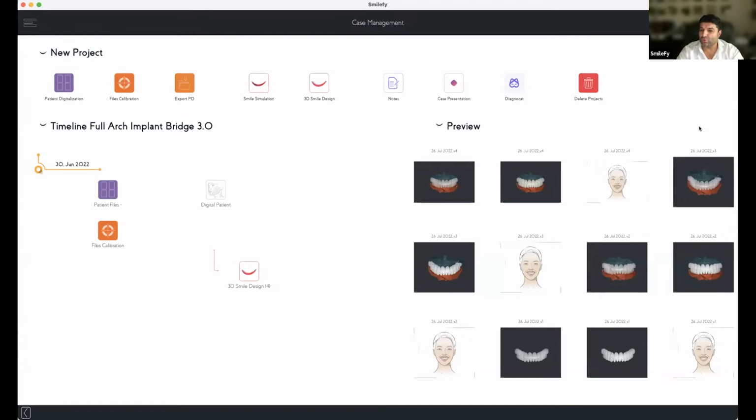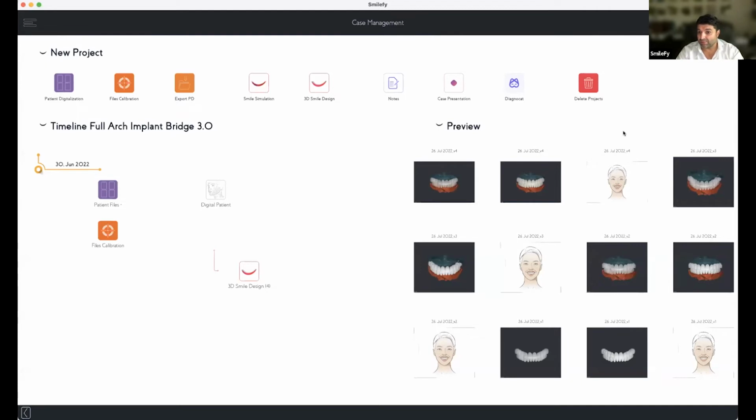Yes, I can show you a case, but I cannot show the patient. So I need to open the case and make sure that the face of the patient is not going to be visible, and then I can show you how everything looks with the DICOM. So let's discuss in the meantime.